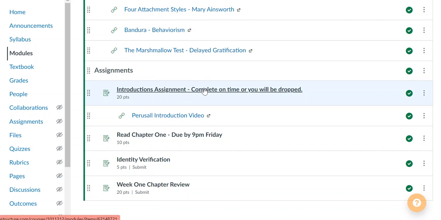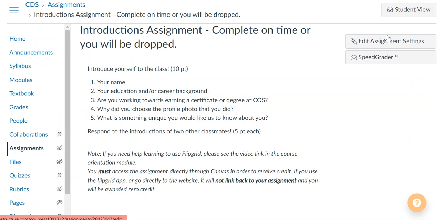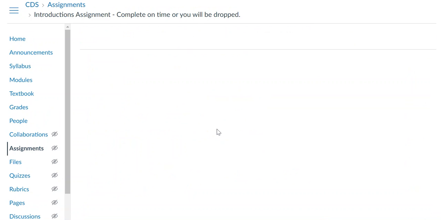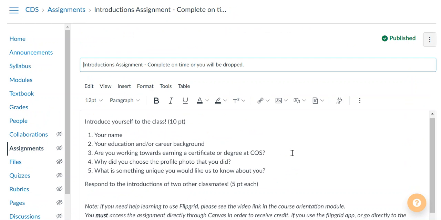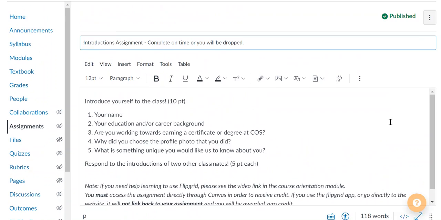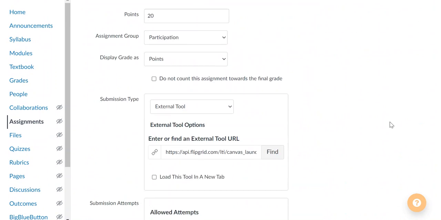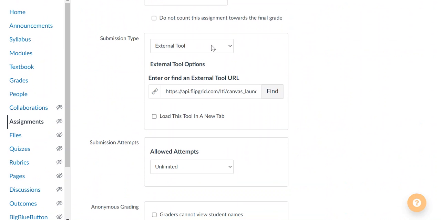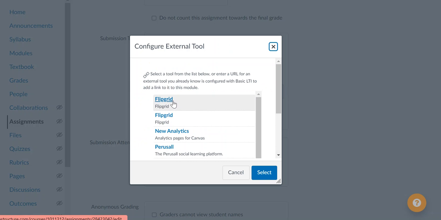So I'm going to go to this introduction assignment. This is where I want them to introduce themselves to the class just like they would in person, but they will use Flipgrid. So hopefully you're following me. I'm moving a little quickly, I know, but I've come to my assignment and then clicked edit. And then the way that I select Flipgrid is here on submission type. I actually will choose external tool and then find,